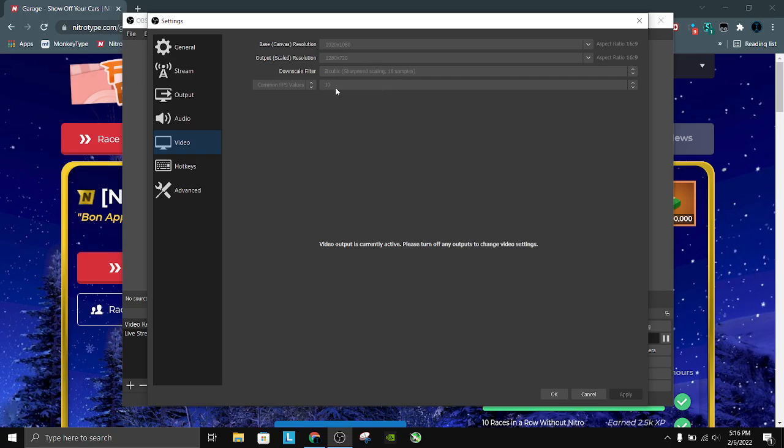And then common FPS value, you can either do 60, 50, or 30. That is what is supported by YouTube, I believe. So, I recommend doing 30 to 60. It depends on your lag. But yes, if you're lagging, 480p, 30 FPS it might still lag you, but it won't be as bad. And then also you can change color output.